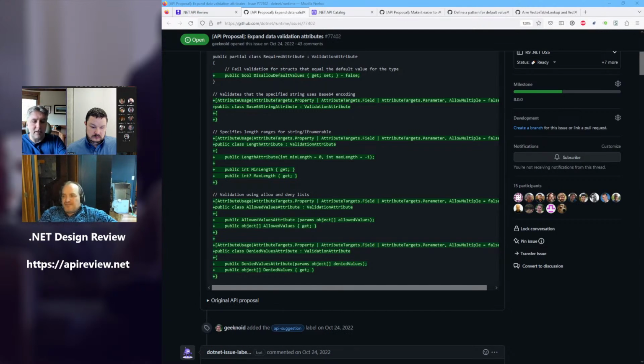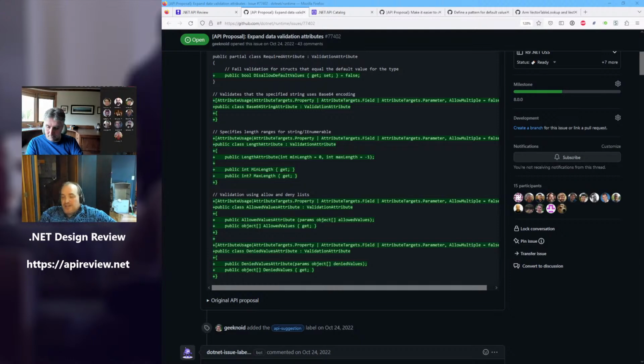Is that a goal? No, I'm saying that's a thing with attributes: generally, when we have attributes, the things that are reading them never instantiate them. They're only reading metadata. That's why we have mandatory things specified one way and optionals the other, and we don't mix them, so there's a single read model for all of these metadata-based readers.